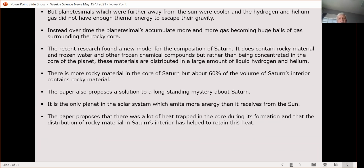One was they measured the gravitational field of Saturn very carefully. Like every orbit they went on, they were continuously measuring what the gravitational effect of Saturn was. And so they have a very good 3-dimensional map of the strength of Saturn's gravitational field. They know how it varies. The other thing they did, well, they did a lot of things, but one of the other things they did